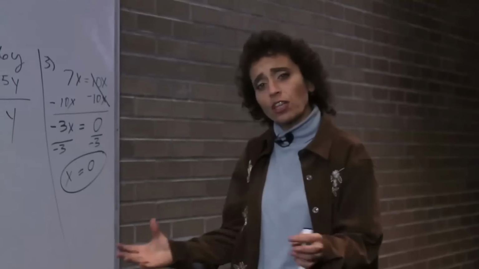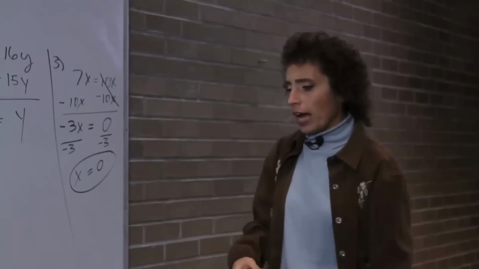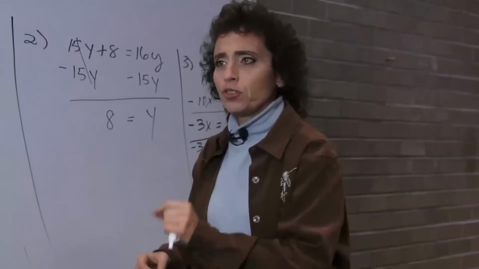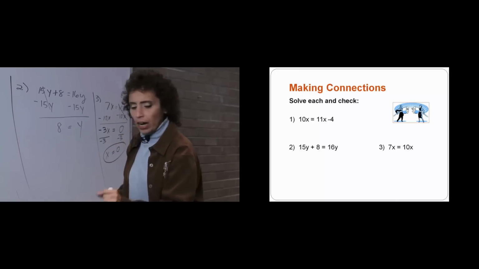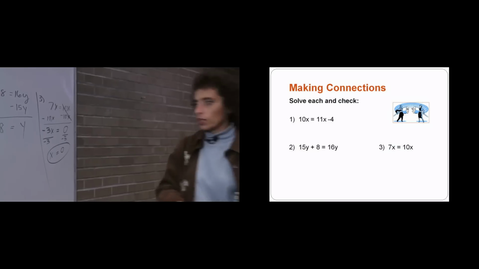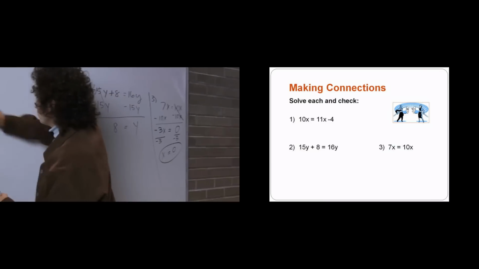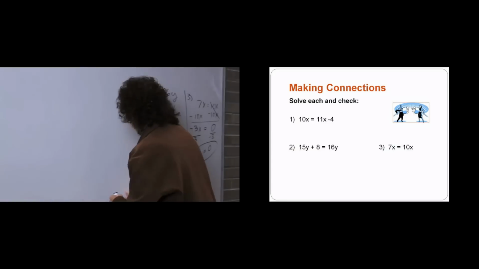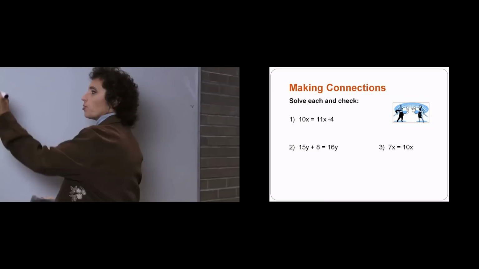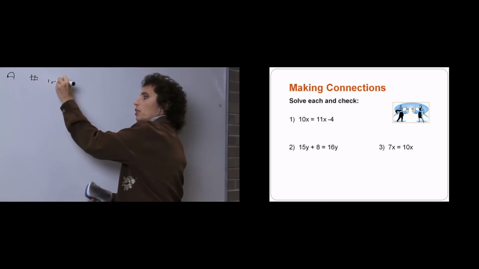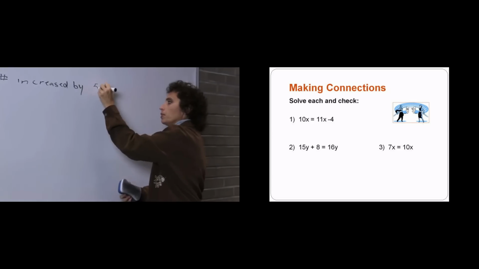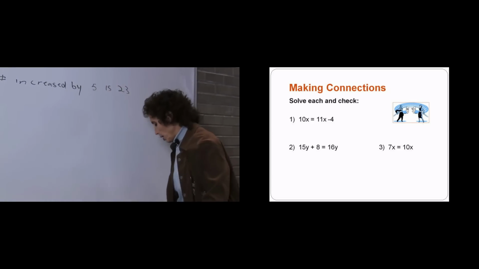Okay, so let's take everything we learned and kind of try to put it all together. To do that, I'm going to do this next problem, which says, write the following problem in symbols and then solve it. Okay, it says a number increased by 5 is 23. Okay, so in order to do that problem, I keep losing my eraser. It's okay. All right. I'm going to write this down because I really need to show you this word for word. Okay, here's what it says. It says a number increased by 5 is 23.